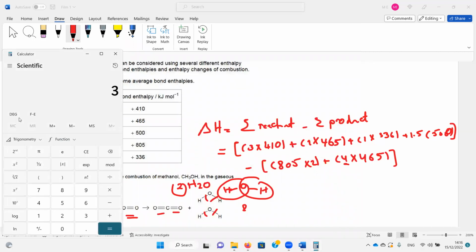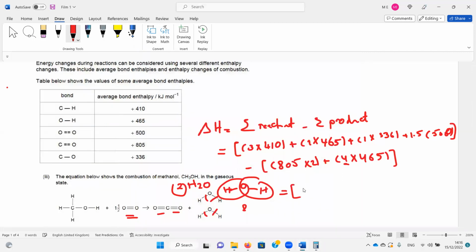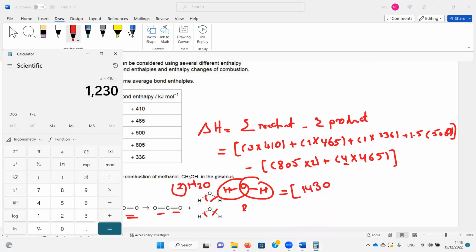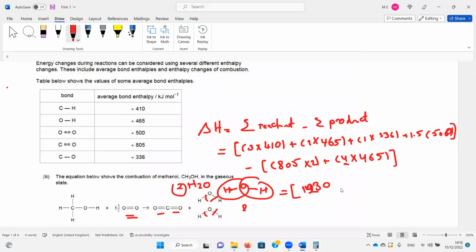So here we have 3 times 410, that is 1,230, plus 465, plus 336, plus 750, minus,